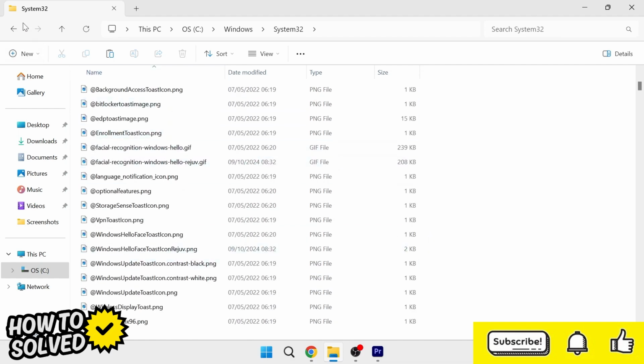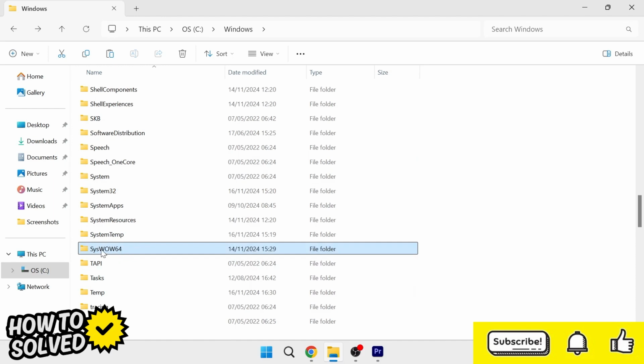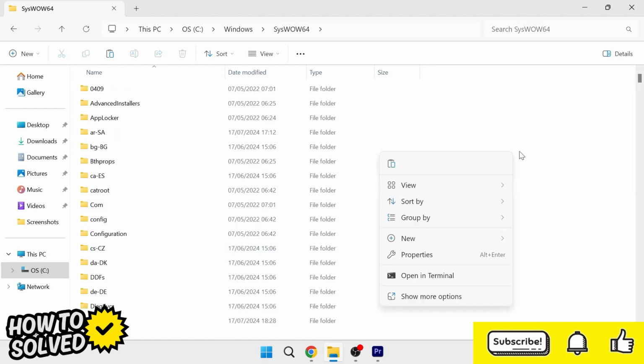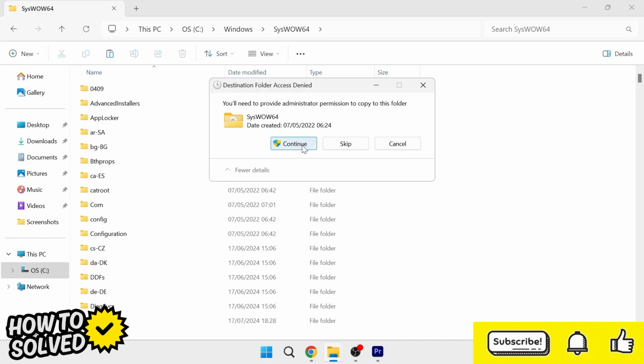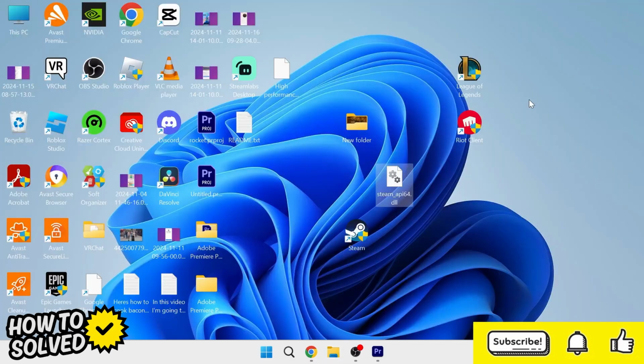this folder, you then need to click on the back arrow, scroll all the way down to syswow64 and double click this, and once again we're just going to right click on the white space and press the paste icon, and once again press continue. And then once you have the file in both of these two folders, you can close out of this window, and that should have now